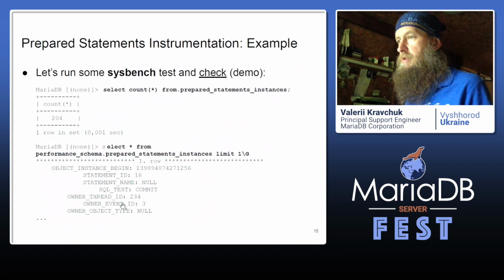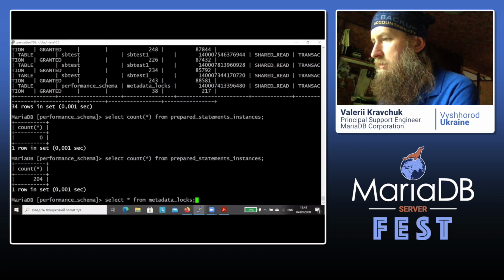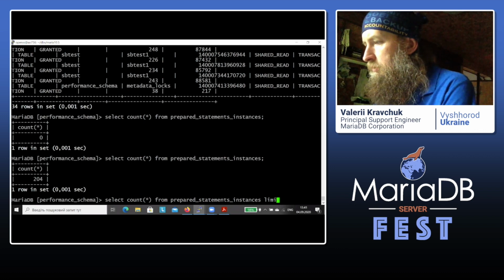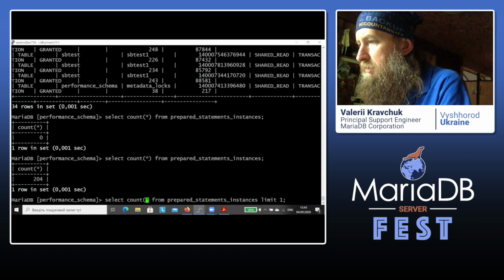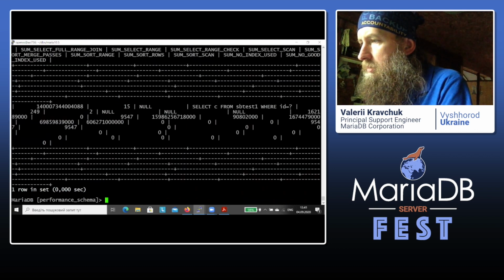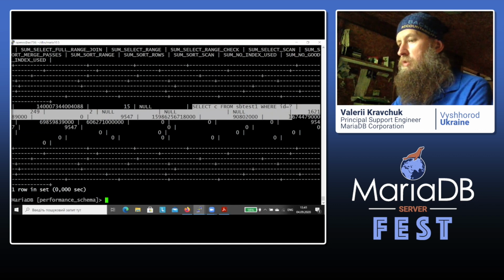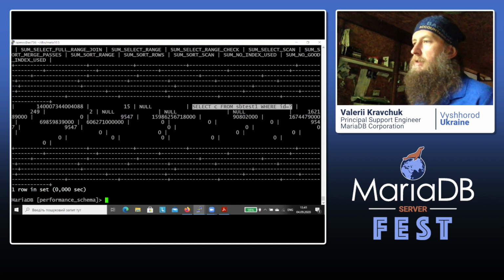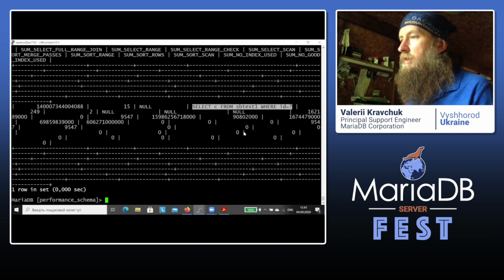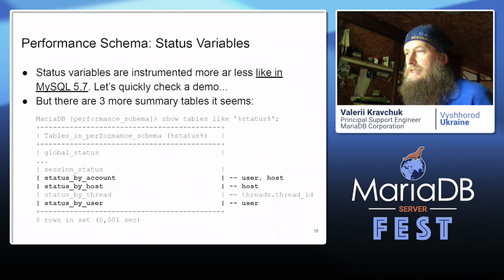We can see what's there indeed if we just do this with limit one while the test works. We can see there is some prepared statement. It's not even a commit as in my case that I captured for the slides, but a real select of a kind that Sysbench often uses. So it's cool.